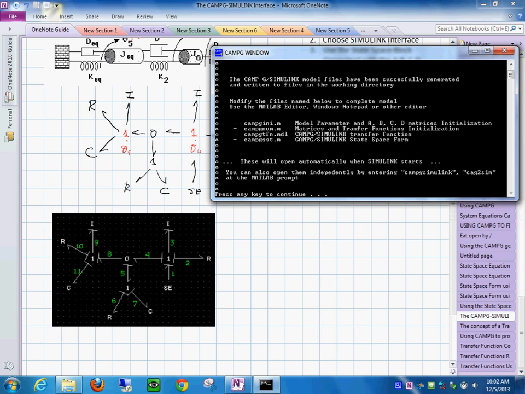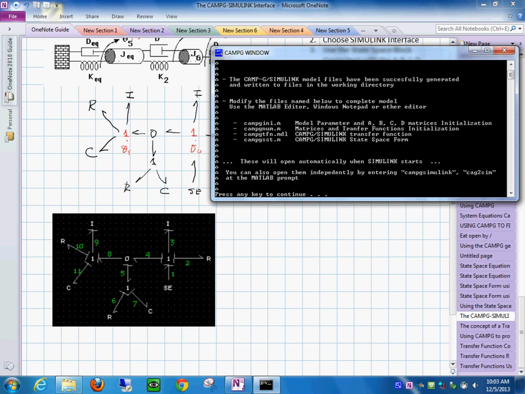It says you are about to produce this CAMG ini file, which means the initialization file, where the matrices A, B, C, and D take place. You're going to have the CAMG num file, which is a file where you would initialize the transfer functions, and then you have the camgtf.mdl,